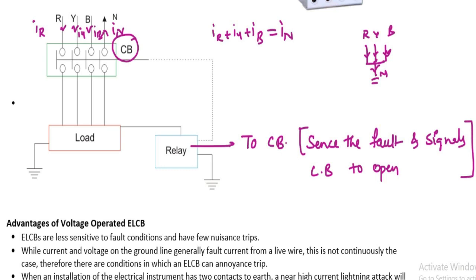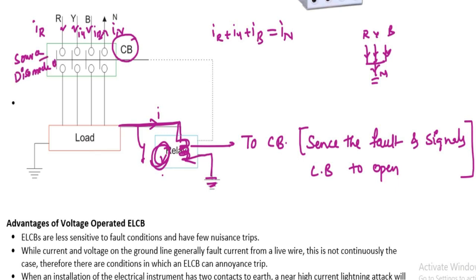Here we have a load, and from the load we have connected a neutral wire through the relay and to the ground. So whenever there is a ground fault, whenever there is human contact with the equipment, this conductor will have some current flow, and this current flow will cause some voltage development in the relay. This voltage is detected by the circuit breaker, and the circuit breaker will open circuit the RYB source. Source will be disconnected. Okay, this is what is going to happen.